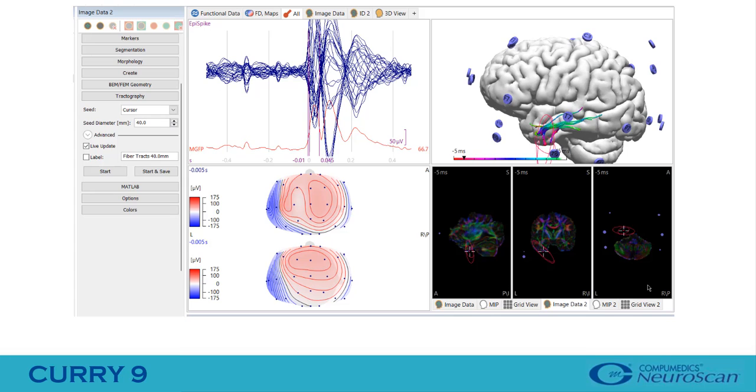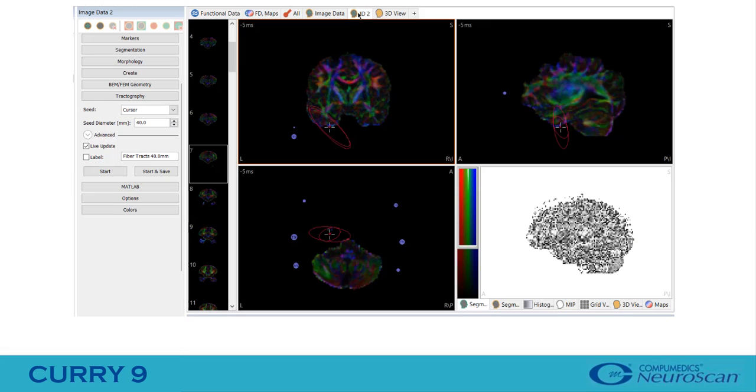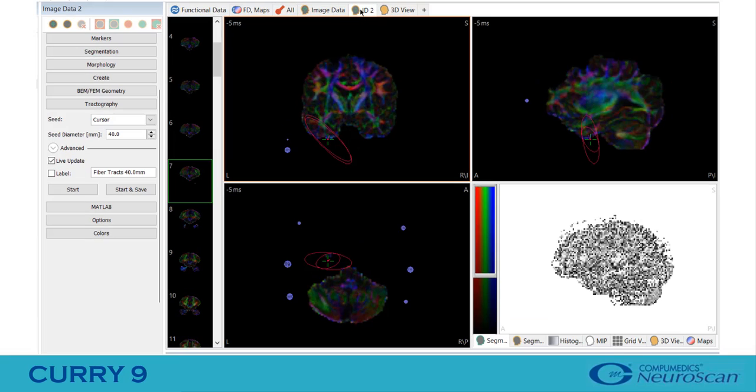Here is a quick introduction and preview to some new features in Curry 9. One of these new features is tractography. If we move to the data set here, we can see a classic DTI image, which is extracted from a